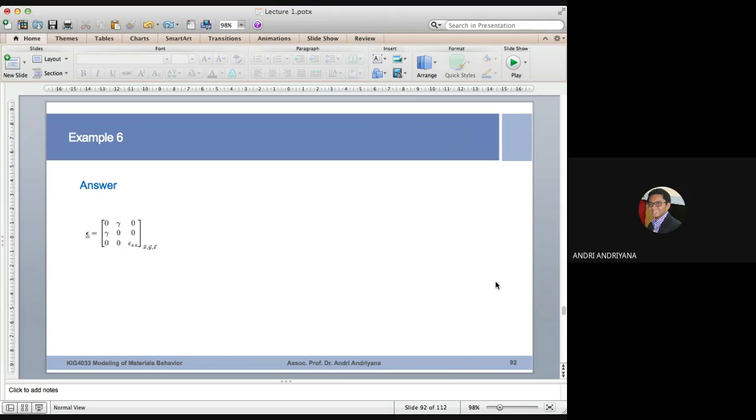So how to do that? This is our tensor epsilon, the strain tensor. All components are 0 except here in the plane xy, the value is gamma, and then on the z there is a normal strain along the z component. Okay. So what we need to do, as I mentioned, is simply solve this equation. The determinant of epsilon minus lambda I equal to 0, which means I need to get the determinant of the matrix inside there equal to 0. So when I do that,